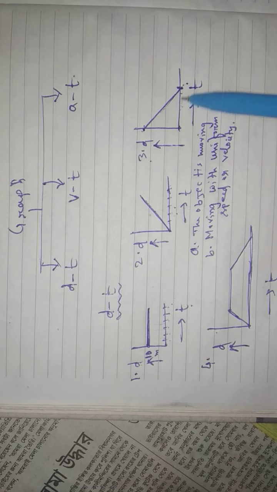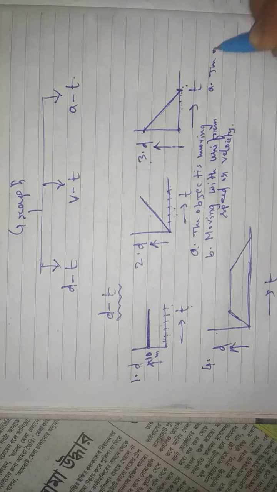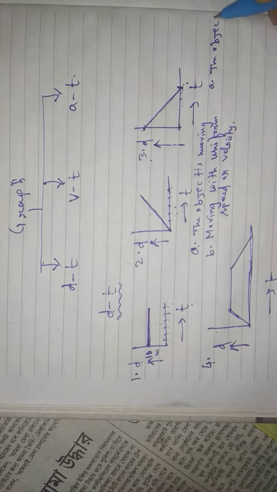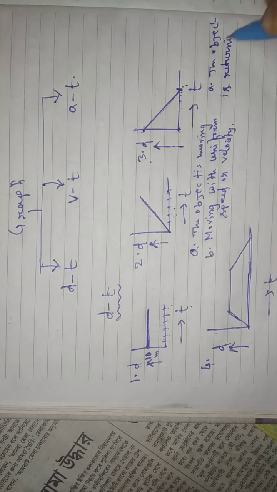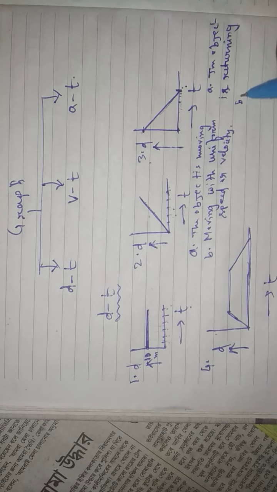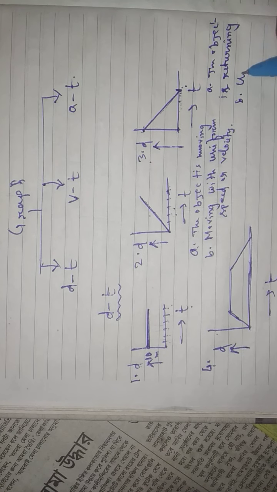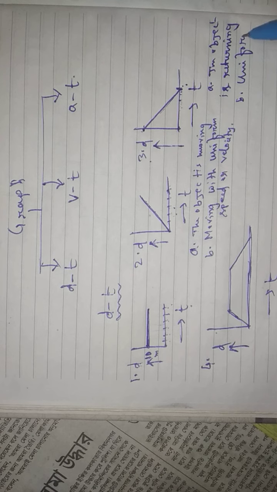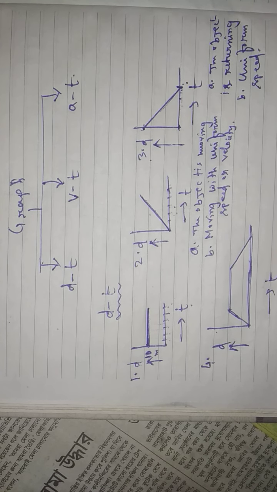So the same conclusion we can write like number A, the object is returning, and number B, the object is in uniform speed. Okay,